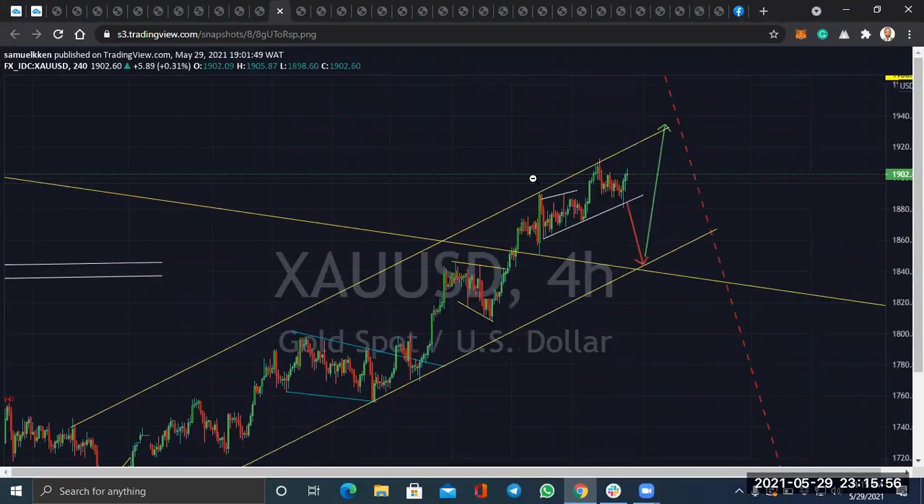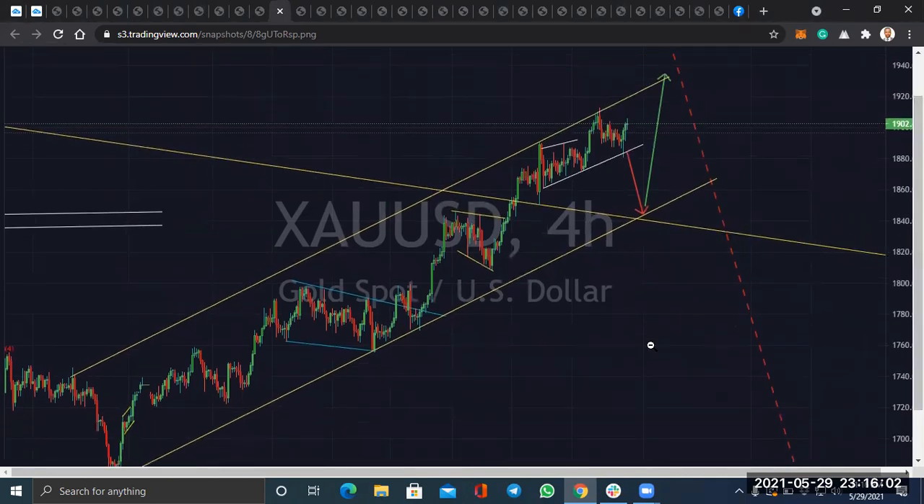Gold. We don't have much to say about gold. Gold is buying, but the strength is not encouraging anywhere. So maybe we will get a drop down to get momentum before we buy again. But don't forget